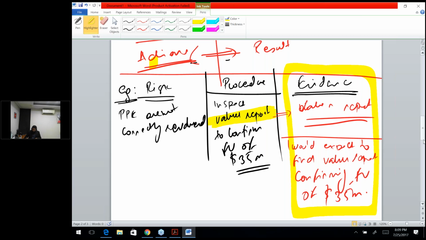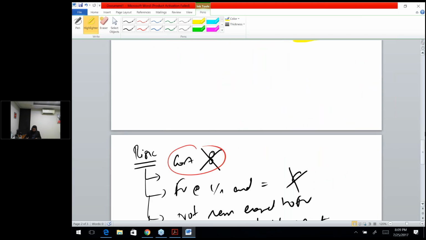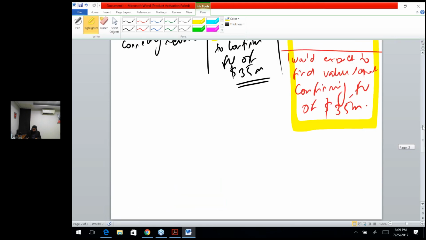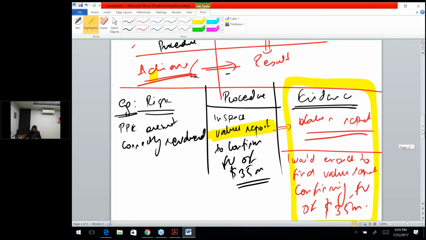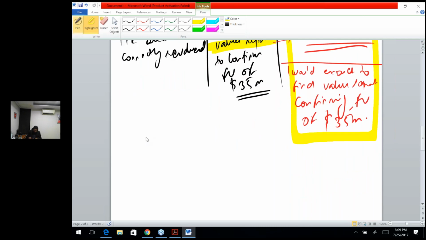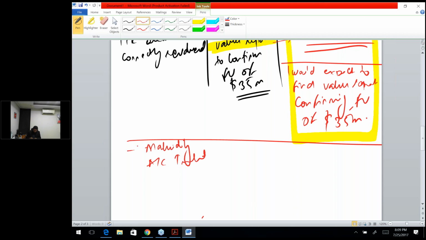Now, one more thing. The examiner has himself mentioned in his article that at times the students mix up the audit evidence and the audit procedures. So what to do then? You don't have to give up. You don't have to worry. Once you have discussed the matters, you discuss the materiality and you discuss the accounting treatment. And then you would write down a line.